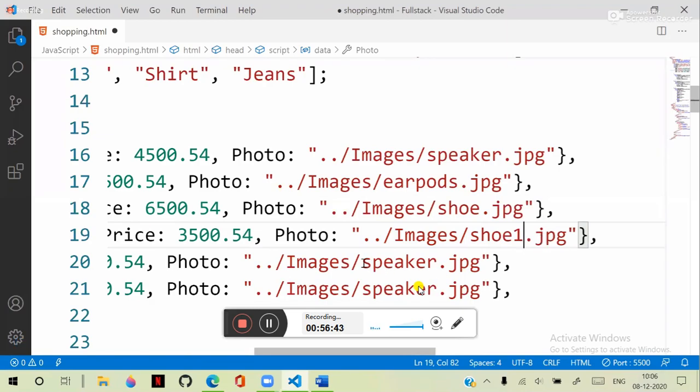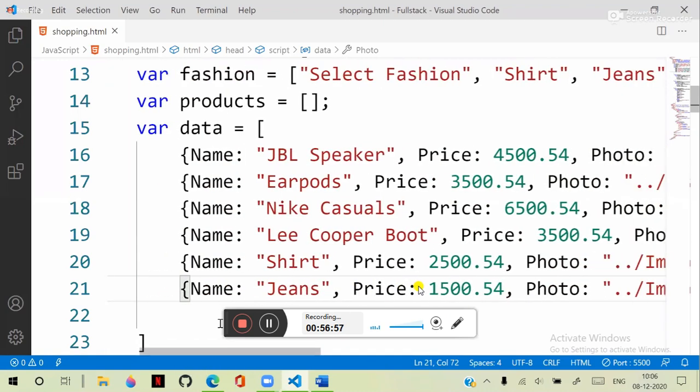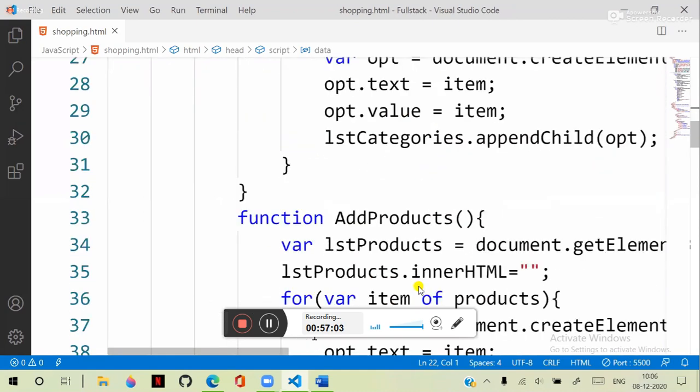And here we have a speaker. So that is shirt. We are defining this shirt. So we have jeans like this. This is the data. Now the key point here is what we need to do is we need to write